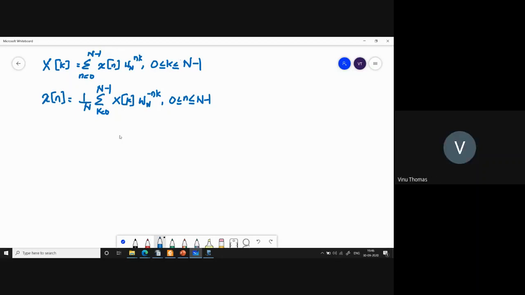In general, we have seen that x of n can be complex. You can in fact have a complex value for x of n. So which means to store x of n, you will require a real array and an imaginary array. So maybe I will mark the real array as something like this. This is your real array. So to store an n-point sequence, you require two arrays, one being a real array and the second being the imaginary array. So I will also mark the addresses.